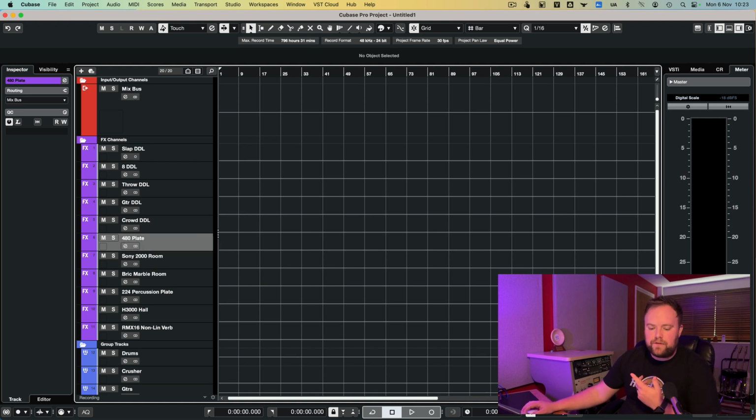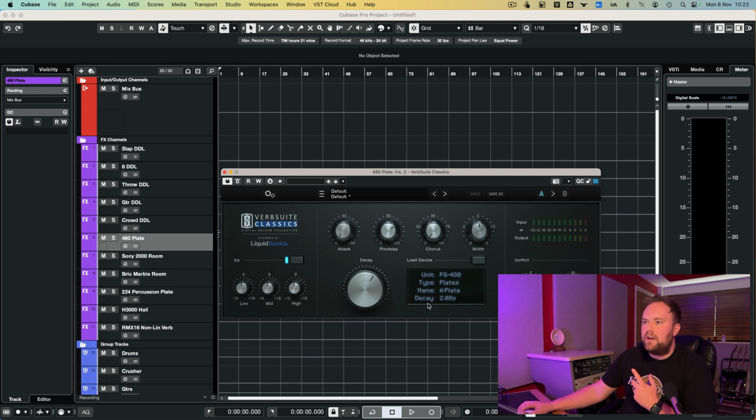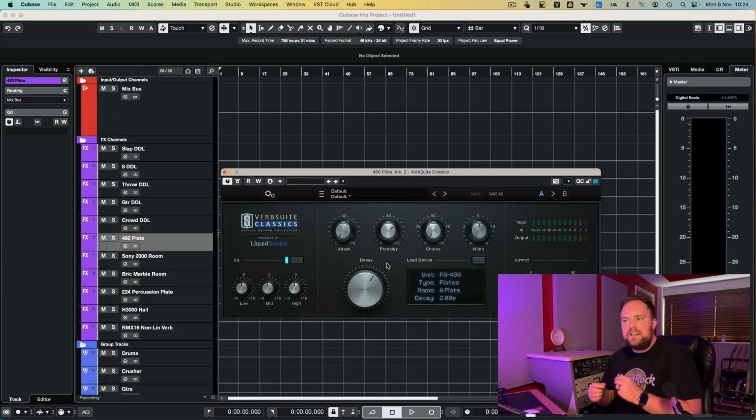This is the Lexicon 480 plate, and this is a classic verb that I will use for vocals. It just sounds really, really good. I've got the decay set to 2 seconds, so it's nice and long, it's lush. But my secret weapon when it comes to vocal delays is the pre-delay. I have this set typically around 150 milliseconds, and the reason that I do this is because it detaches the reverb from the vocal. So you can get that big lush reverb, but without it sounding crowded, without it sounding muddy, and you can still get lots of reverb and lots of depth, but with your vocals still sounding intimate